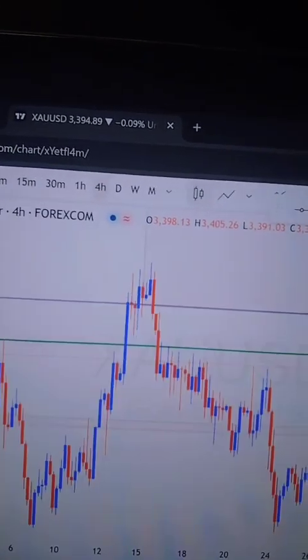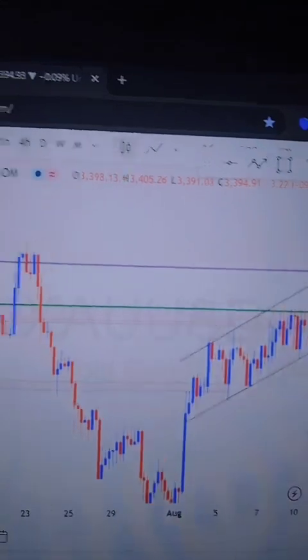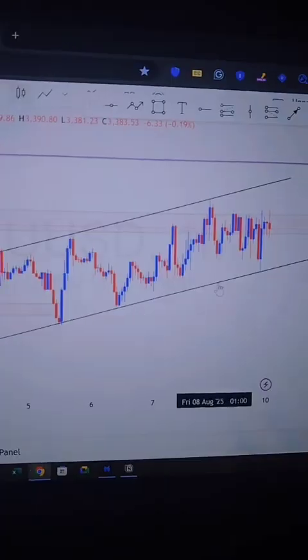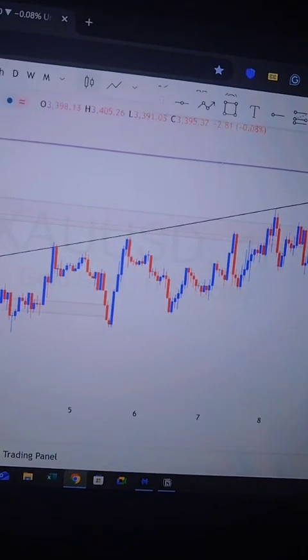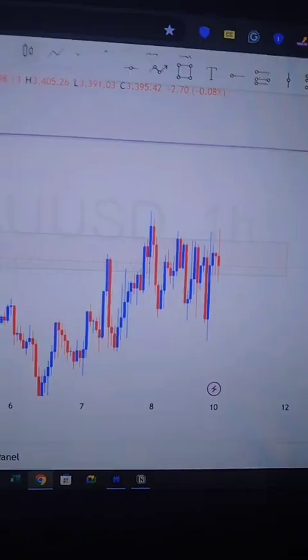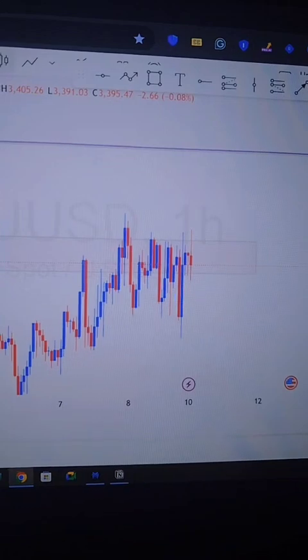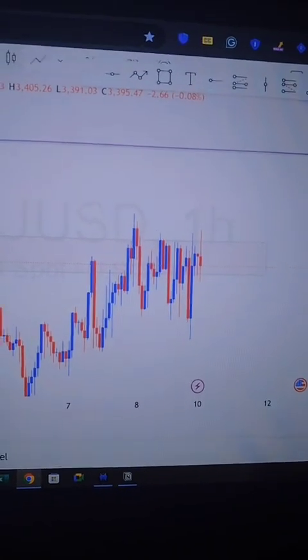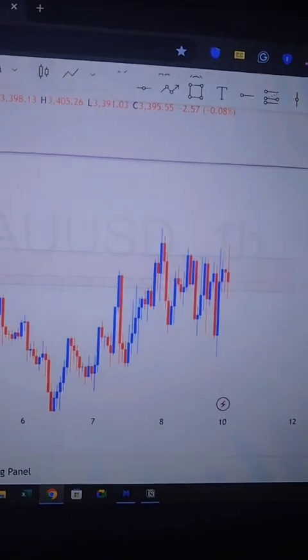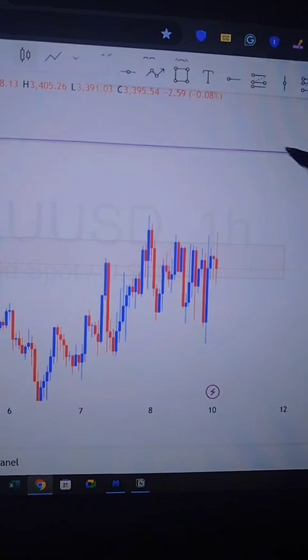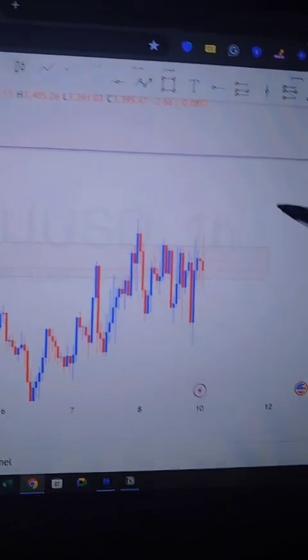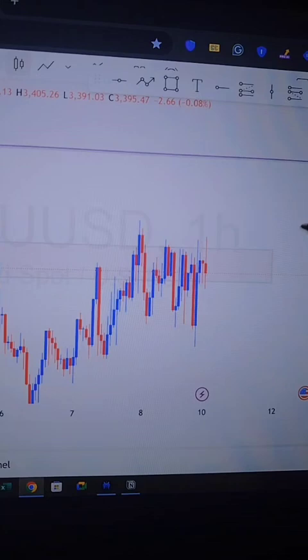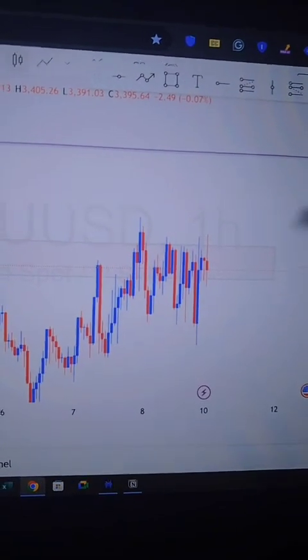So right now, if you want to trade this gold this way, I have moved to the 1 hour time frame, and you can see that the market is in an uptrend. Right now, I'm going to delete this trend line. Let's say you want to trade this pair this week. One thing I will advise you is to hold on and see if the market will go and touch this place to reach its support zone before you trade,